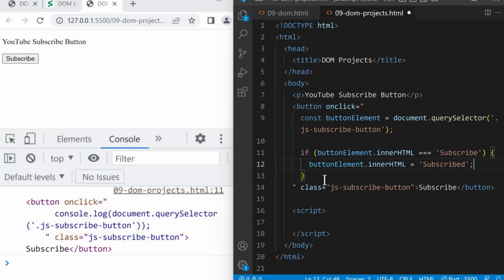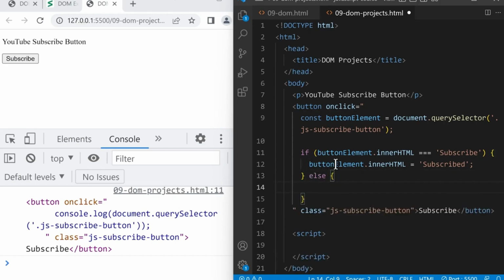So we'll add an else to this if statement. Else and curly brackets. And inside, we're going to change the text back to Subscribe. So let's type button element dot innerHTML and make it equal to the string